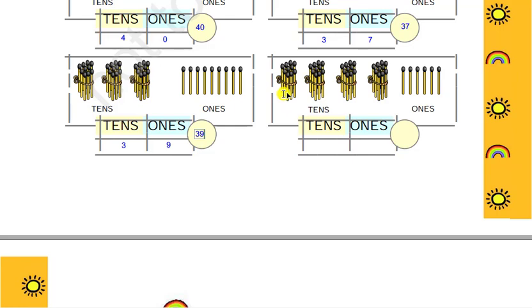Next, if you see here there are 1, 2, 3, 4 tens. So 4 bundles means 4 tens and the number of loose matchsticks are 1, 2, 3, 4, 5, 6. Again, here the total number of ones is 6, so 6 ones. So the total number of matchsticks here is 4 tens means 40 plus 6 ones means 6. 40 plus 6 is 46.